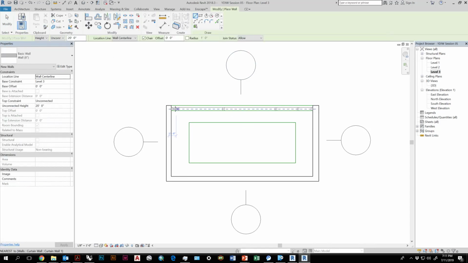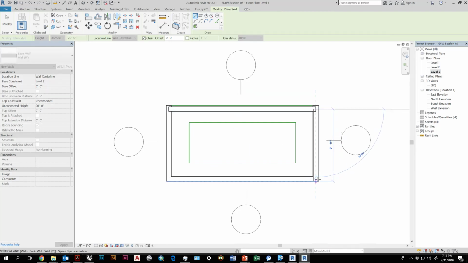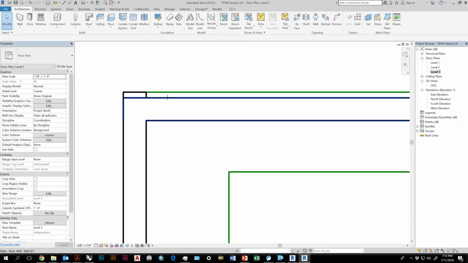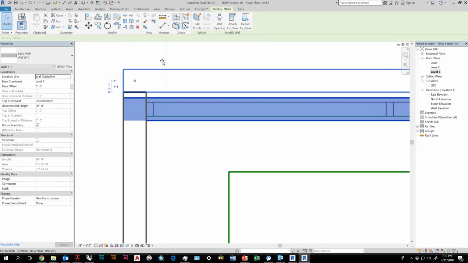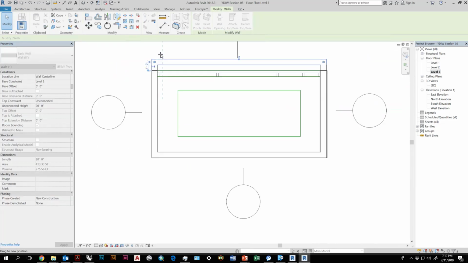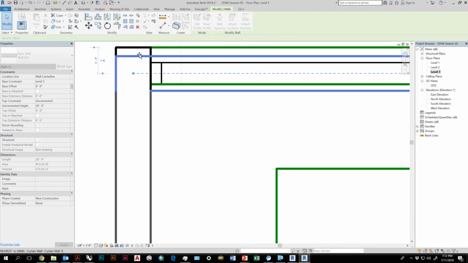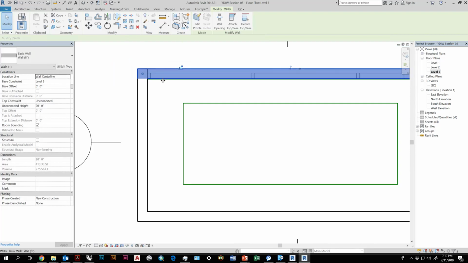Here I'm going to draw some walls again. I can either copy the walls from level 1 and paste them onto level 3, or I can just draw them afresh. I'll make sure they go where they need to go. And when you modify walls that are joined, all the other walls change too, which is handy. Turn that setting off if you like.